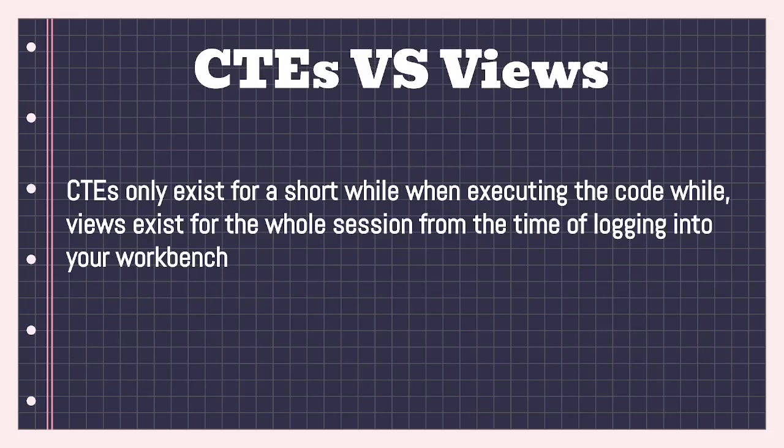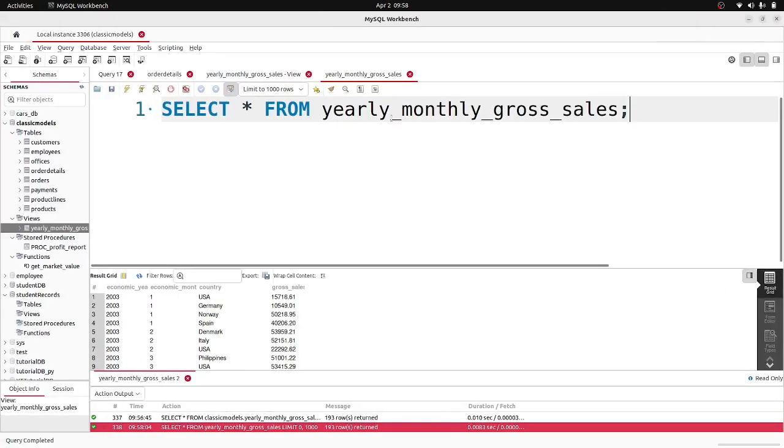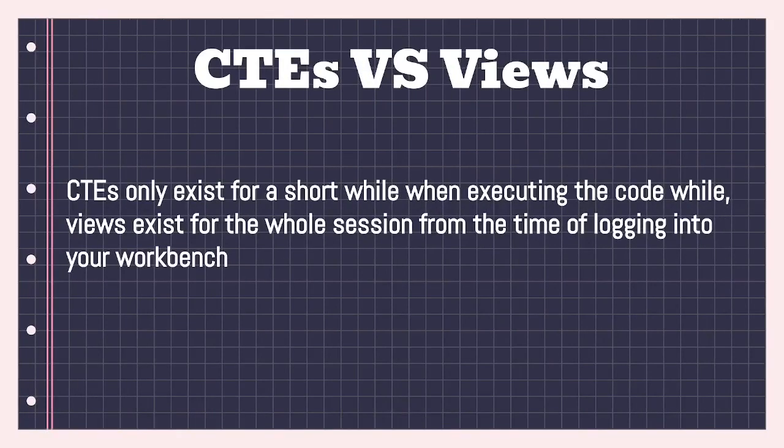So we have looked at CTEs, which are common table expressions, and we have seen how CTEs can be used, along with subqueries and correlated queries. And you can see the advantage of CTEs. But the difference between a CTE and a view is that a view is a temporary table that exists within the whole session. Whenever you log into your MySQL Workbench, you open a session, and the views are going to exist until the end of the session, and you can access them from any part of your SQL query throughout the whole session. But CTEs can only be accessed from the point that you have defined them until the delimiter comes,